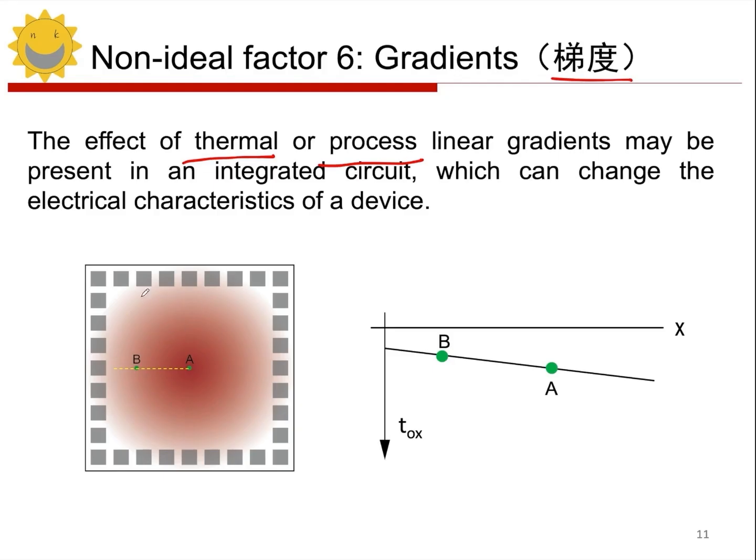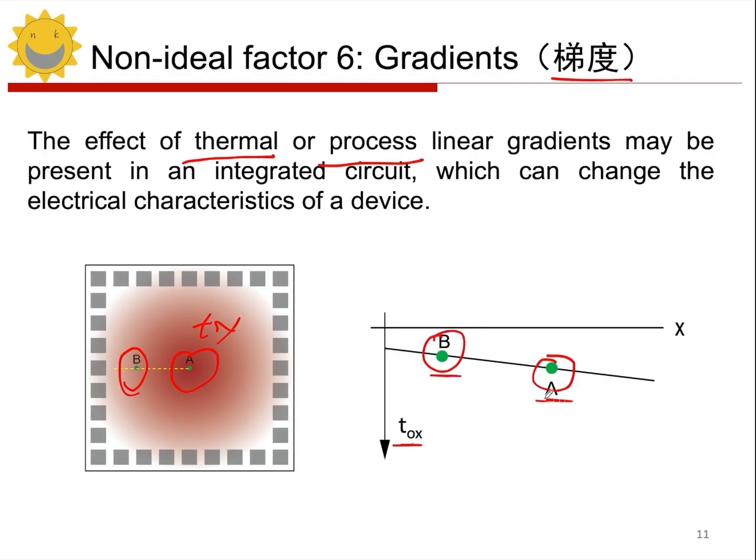Let's take an example like this chip. Let's say its oxide thickness, TOX, is thinner around the edges compared to the center. So there will be a gradient change, right? The gradient change we can see is that the thickness at position A is different from the thickness at position B. So if we place a device at position A, and a device at position B as well, then these two devices will have different oxide layer thicknesses,